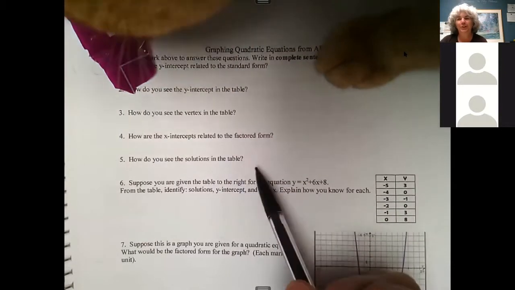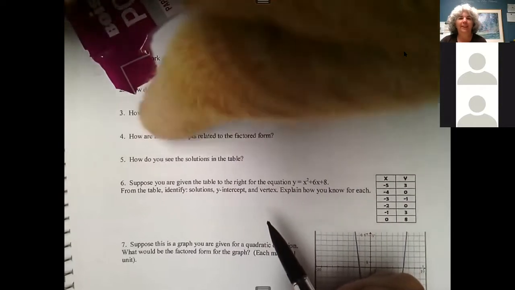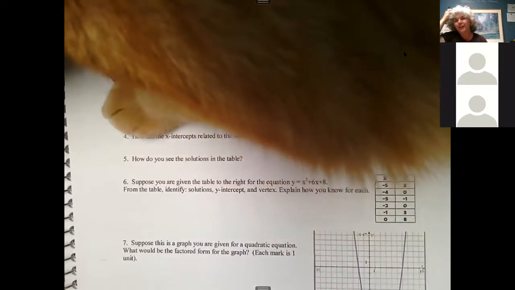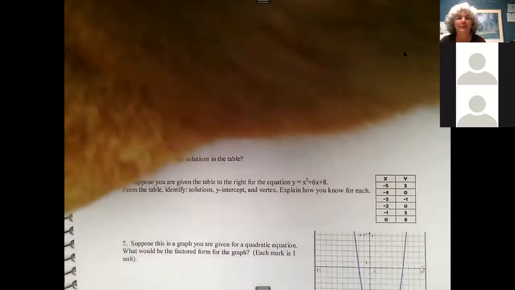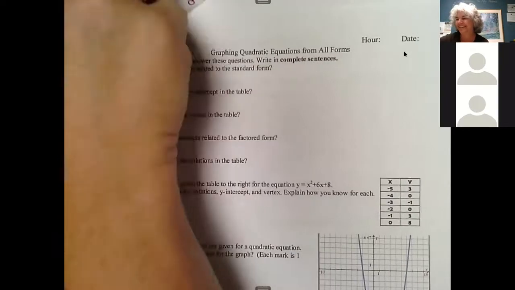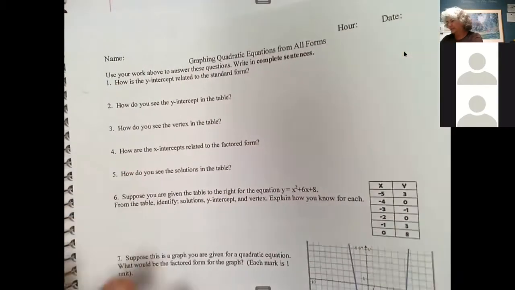He's the star of the show here today. Of course, I don't know if you have cats, but they like to be right in the middle of everything. Yeah, I get that a lot. Okay. All right, so